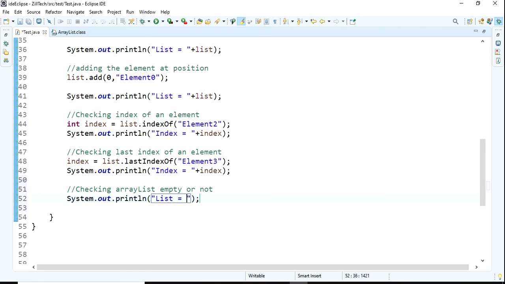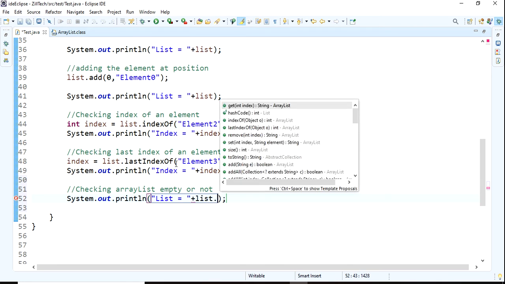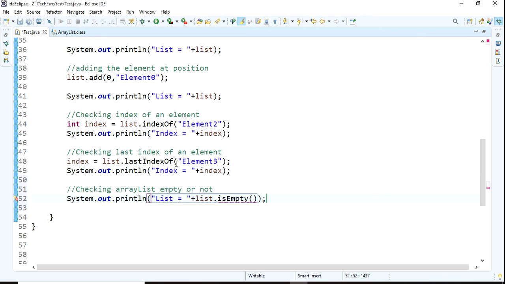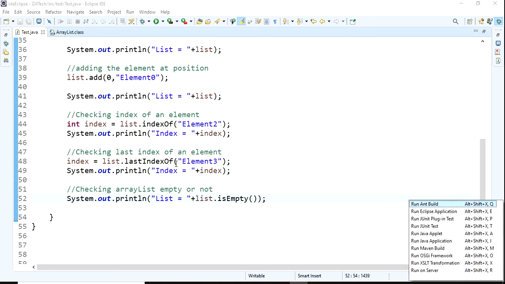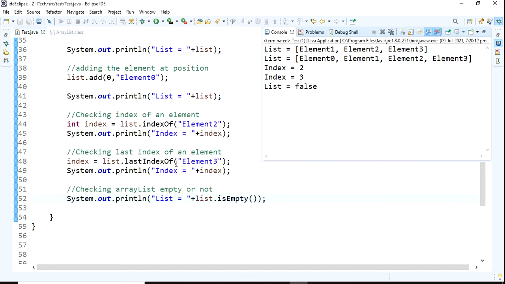List equals, and comma, plus list dot isEmpty. It will say true or false. See, false. The list is not empty.